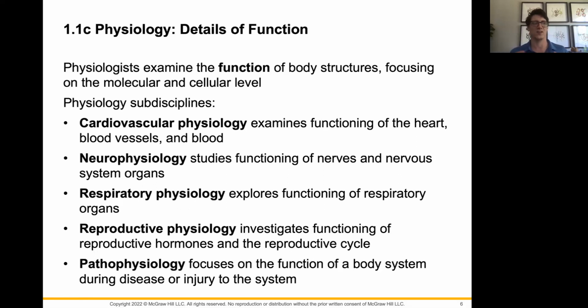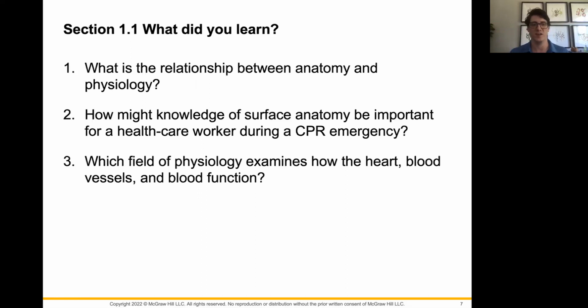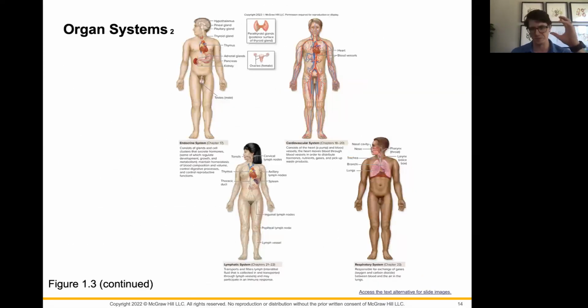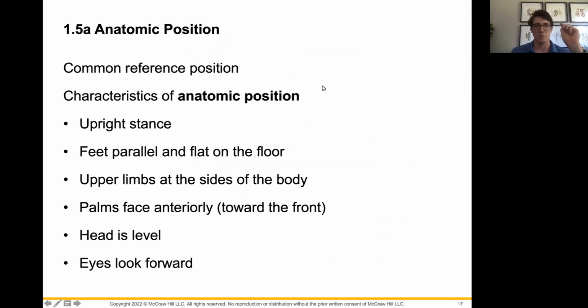That's because there are fewer word roots than there are actual terms that we're going to use in this class, which means if you can learn a bunch of word roots, you can save yourself a ton of time downstream by knowing what the word roots are. Now, this first chapter is going to have lots and lots of the roots that we're going to be using as we move through, whether we are talking about stuff in the system. So say endocrinology, that's going to be the study of the endocrine system, which is going to be the use of hormones to help regulate things. Our cardiovascular system, I just told you. But we also have